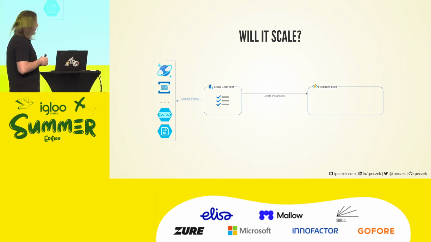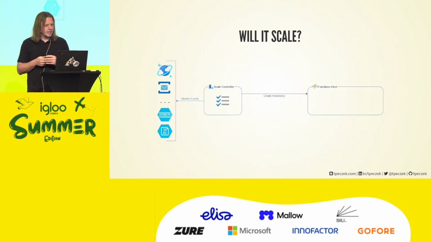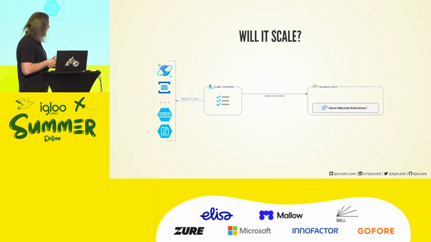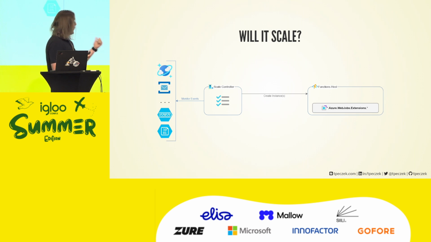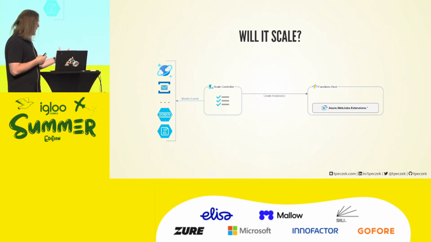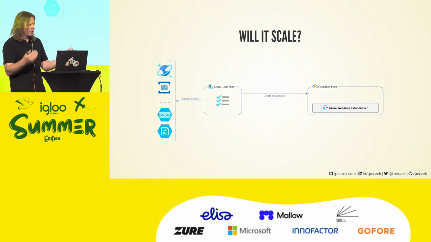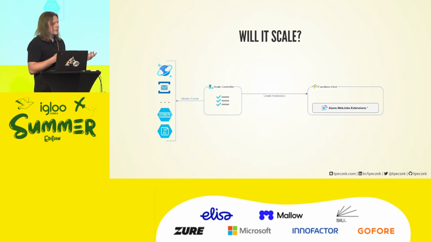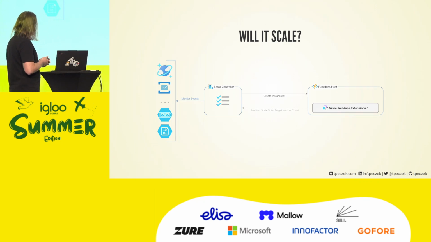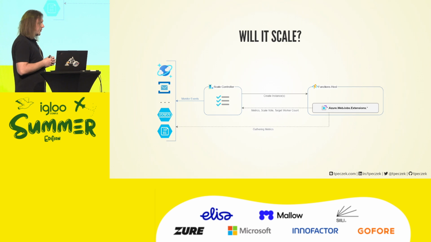What we already have is something that Microsoft enabled in 2019. They figured out in 2019 that there are, in fact, those extensions, and they are already doing a lot of integration stuff. They are always connected to those services. So maybe they can participate in gathering metrics, voting how to scale. And later in 2023, so last year, Microsoft also decided maybe they can tell how many workers they would want. After all, they know what they are doing, probably. So now there is an option for those extensions to feed the data to Scale Controller, metrics, votes to scale, how many workers they want, and they can be responsible for monitoring those services.